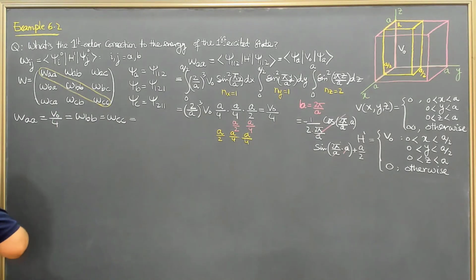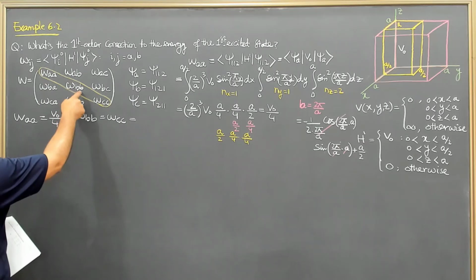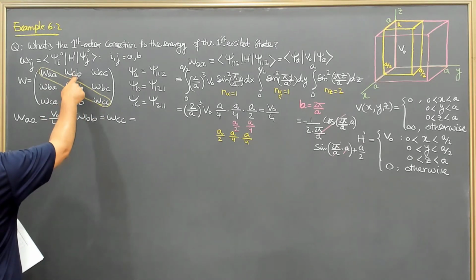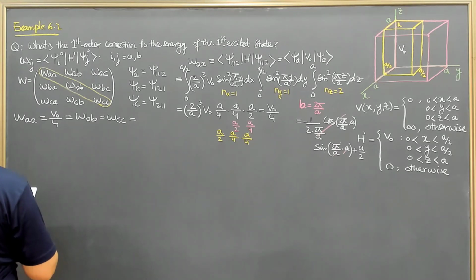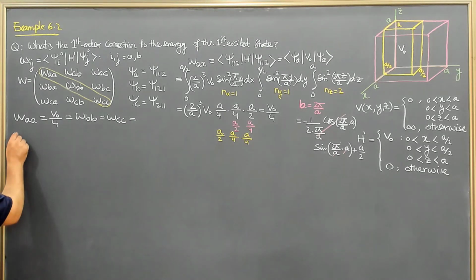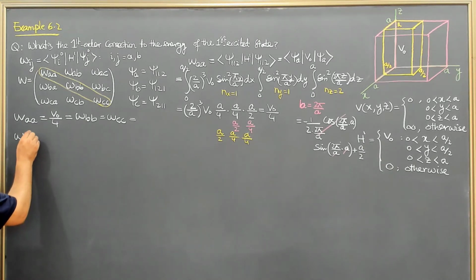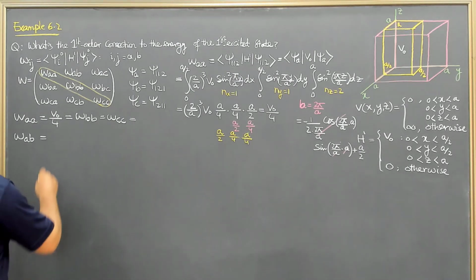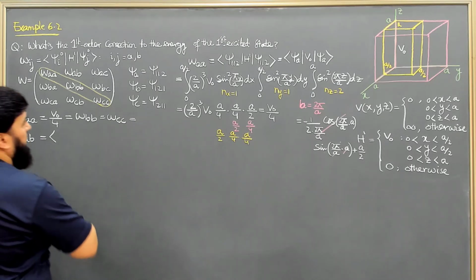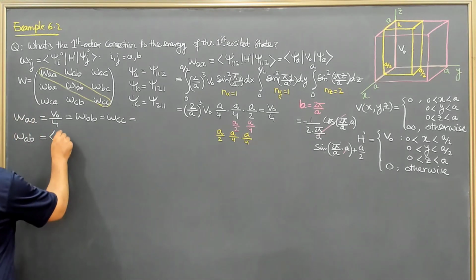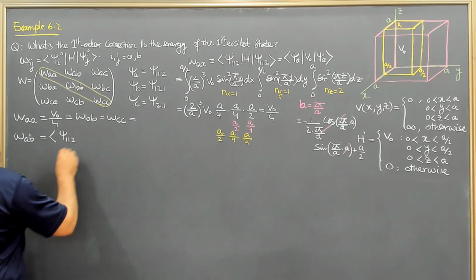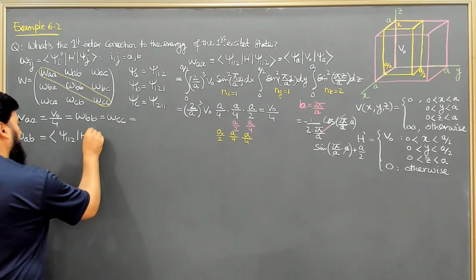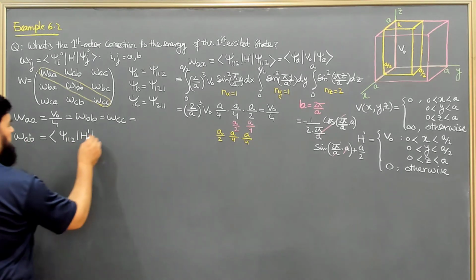The other element is WAB, because here WAA, WBB and WCC we found. WAB now remains and we are going to find out this one. What about WAB? Now WAB is basically equal to, what about A? A means ψ₁₁₂, ψ₁₁₂, and then H prime, and what about B? So this is